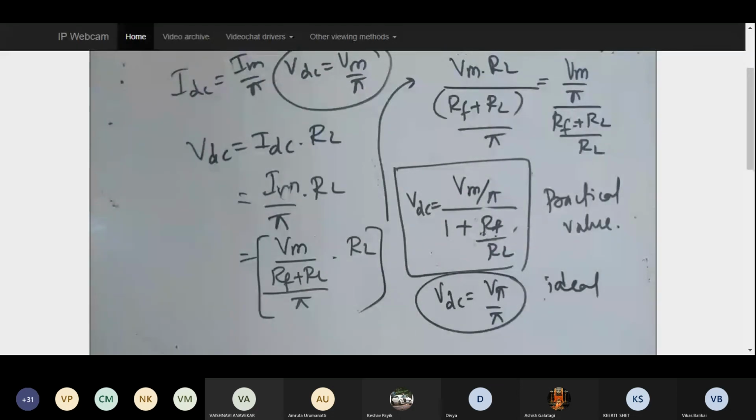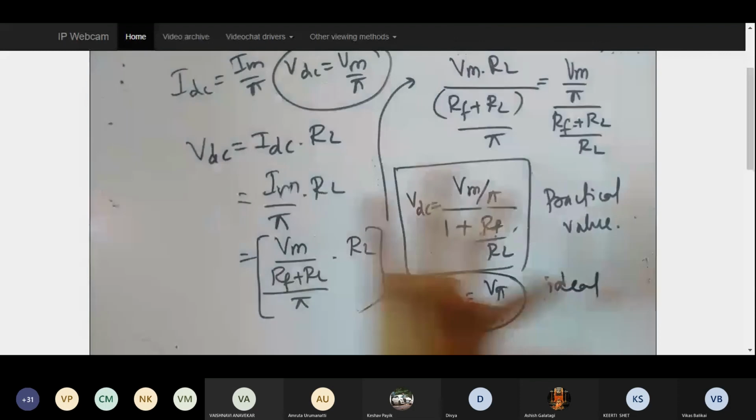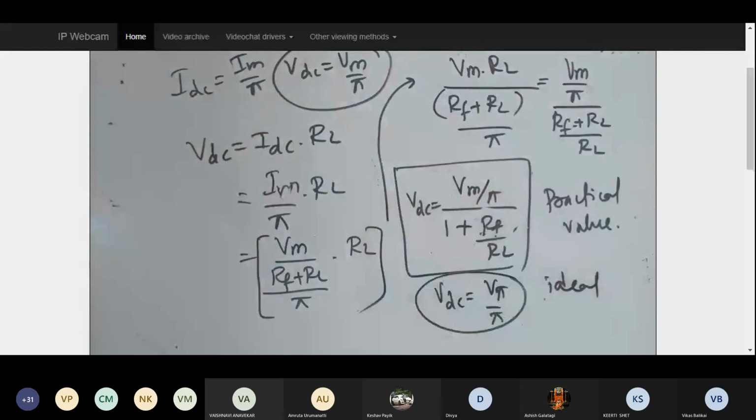So this is about the half-wave rectifier's derivation with respect to average current or DC current, that is IDC and VDC, and I tried to show you the practical scenario of VDC. Now, why I'm going very slowly with the half-wave rectifier is because for the entire full-wave rectifier, I'm going to leave the derivations to you as an assignment. I'll just take the end value.